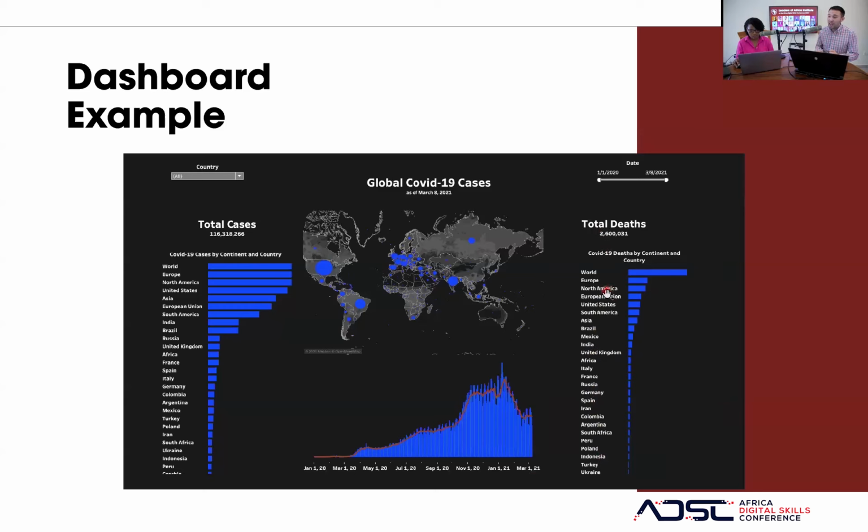Obviously the regions are high here because they're combining different countries, right? Then we can notice a couple interesting features in this data dashboard. You can see a drop-down menu here for sorting. We're going to take a look at those. And you can also see another one here, which is a slider that allows us to change the date ranges. And when you change either the drop-down or the date range, all of a sudden, the data visualization will change